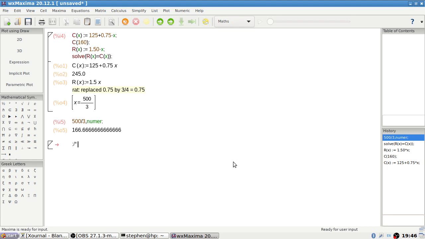A we've done. So the owner won't start making a profit until they sell more than this number. So she must sell 167 or more cupcakes. Okay, so 105 is correct. That's good. Now on to